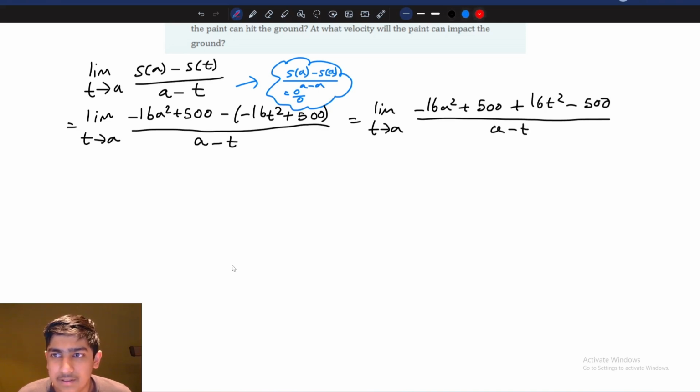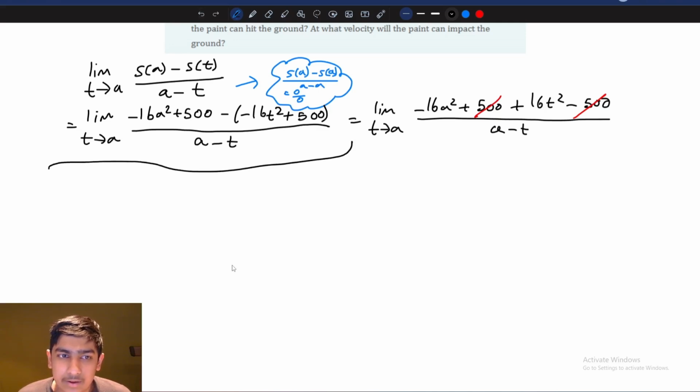And these 500s will cancel, and we're left with the limit as t approaches a of negative 16a squared plus 16t squared